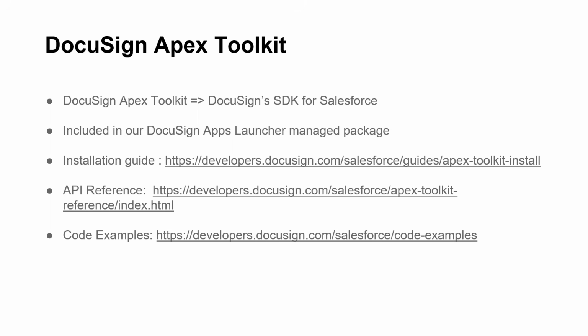With DocuSign Apex Toolkit, our vision is to provide the ability for customers to utilize DocuSign APIs directly in your organization's Apex code so that you can integrate your DocuSign workflows and Salesforce business processes more tightly. Apex Toolkit is one such offering, which is a set of predefined Apex methods, classes, and utilities that encapsulate DocuSign API in your organization's Apex code. Consider this like an SDK that DocuSign is providing so that you can utilize DocuSign APIs in your organization's Salesforce Apex.